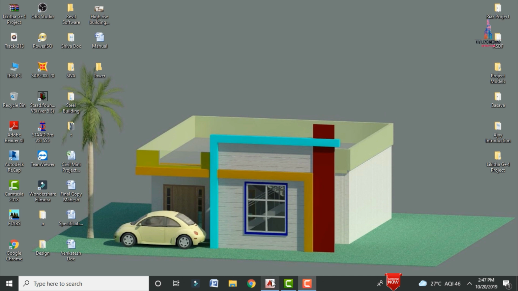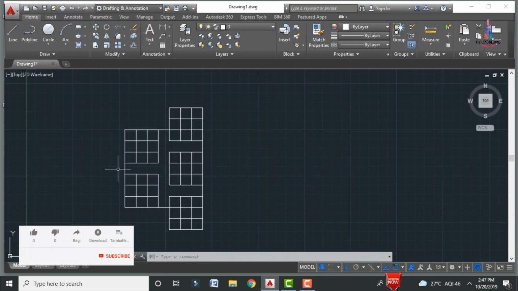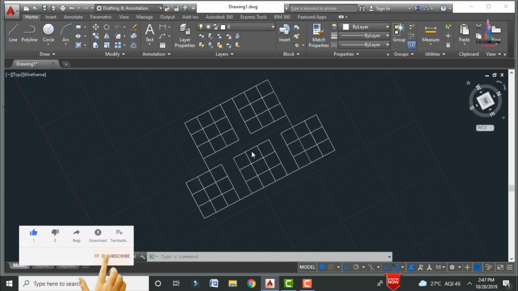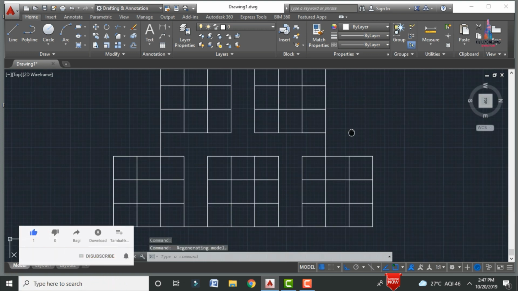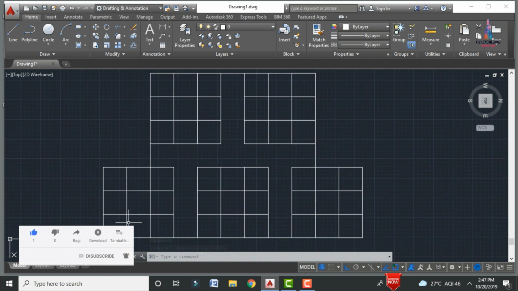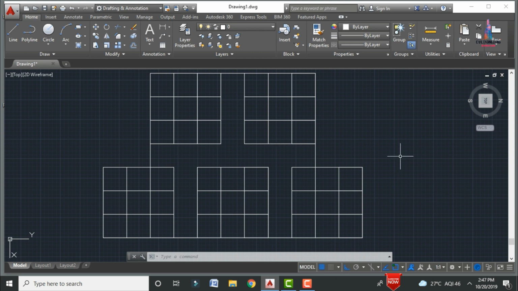So click on AutoCAD software. Let us consider this is my 5-tower apartment structure, which consists of 3 apartment towers at the bottom section and 2 apartment towers at the top section. It consists of the center line diagram for the beam layouts and column layouts like this. This is the wall work, which is 3 meters in length.